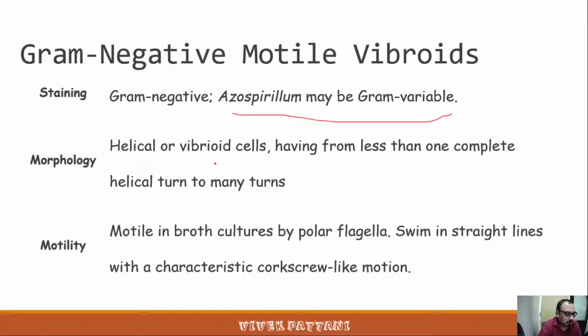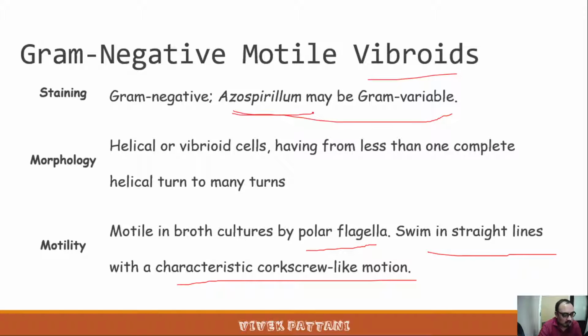Okay, morphology, as we are studying vibrioids, they may be helical or vibrioid in shape, having less than one complete helical turn to various turns. They have polar flagella and can swim with a corkscrew like motion also. So gram negative bacteria, as the name itself says,